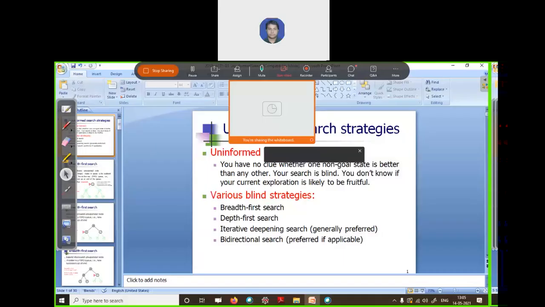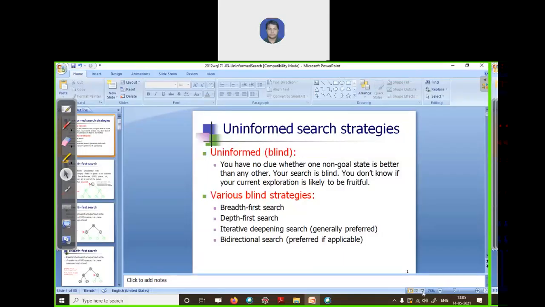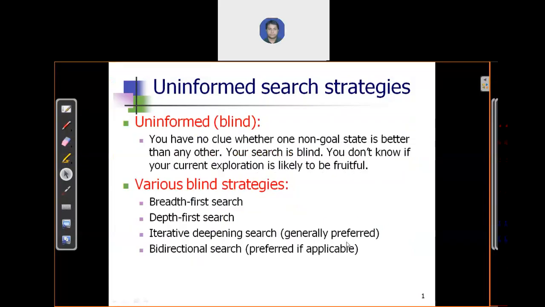Search. Okay. So an uninformed search technique means you do not have any domain knowledge about the problem. You just know what is your current state and the next state, or the next state we are selecting, and whether it is able to move you to the goal state. We do not have any idea.